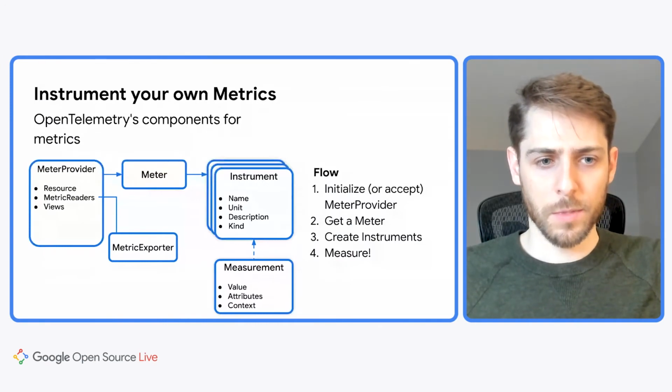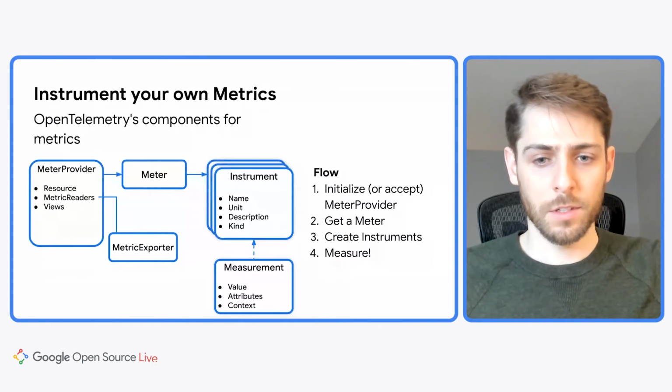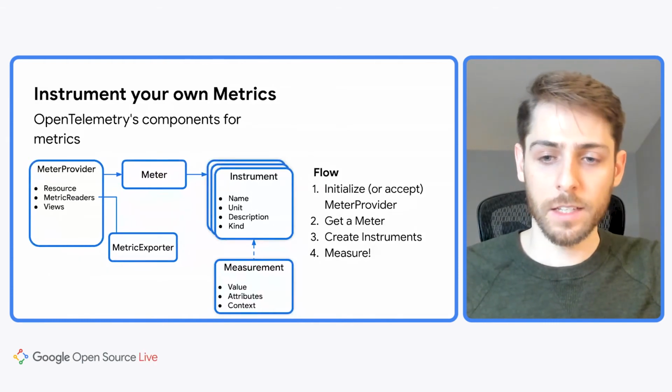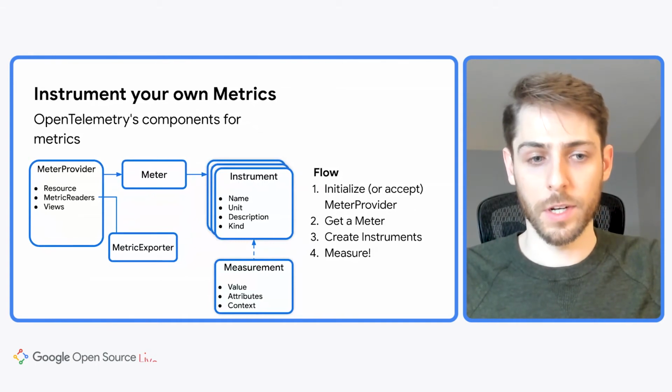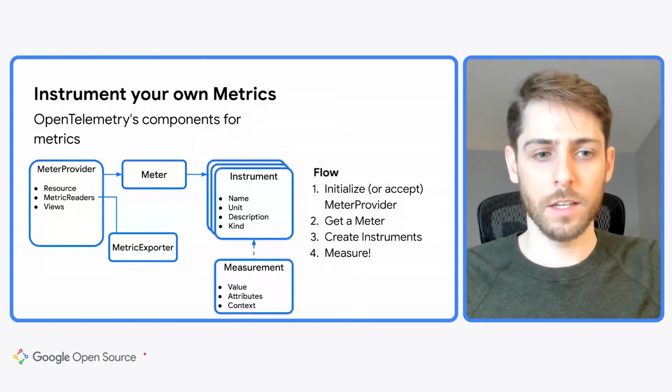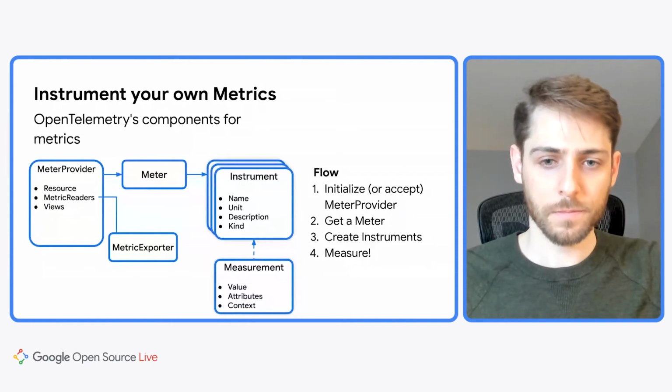So a few fields on instrument, they all have name, unit, and description. The name becomes the metric name that gets sent out to the different backends, and the description and unit get passed on as well. So you can identify, what does this metric mean? And you can identify, is it seconds or milliseconds or nanoseconds? And a lot of visualization tools will know what to do with that.